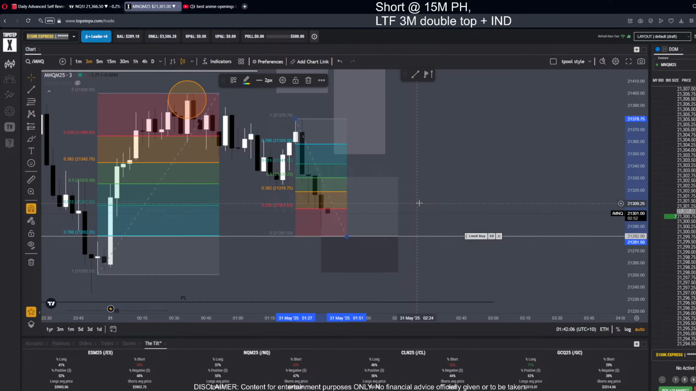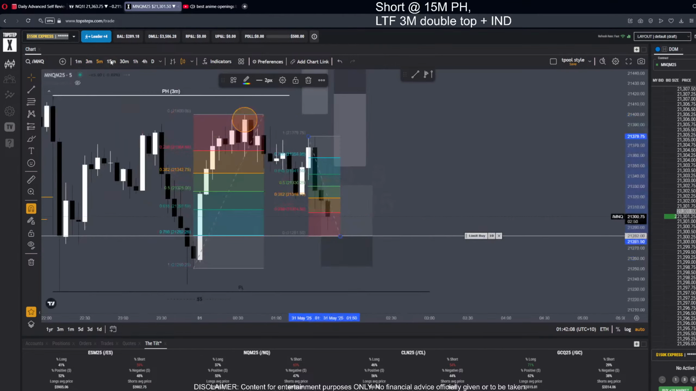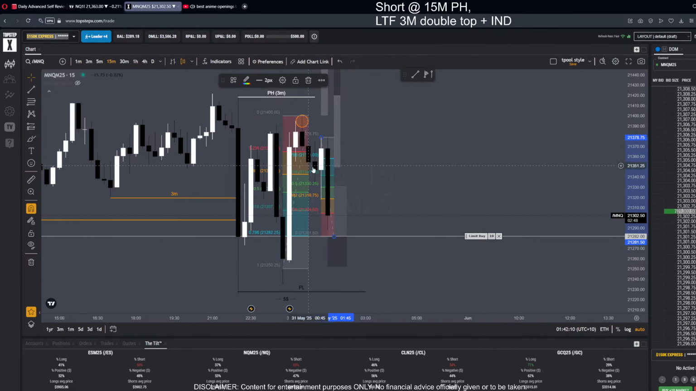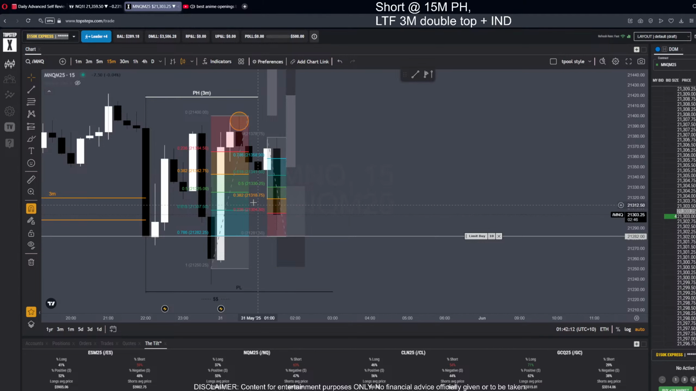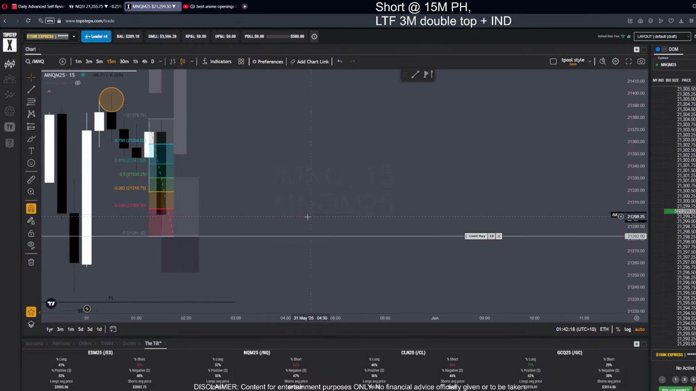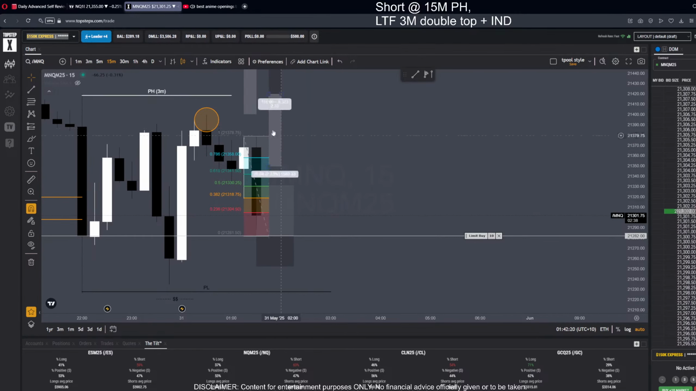I'm waiting for price to come into the zone here. It's slowly chopping off, slowly falling down. I think it's enough to convince me that I can take a small trade here. Literally from this fib to this fib, but we can assume